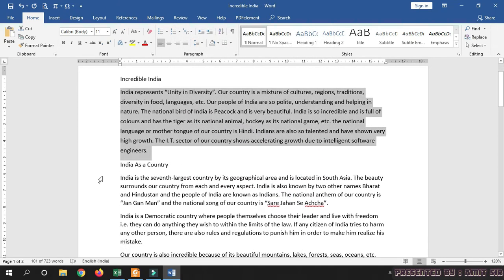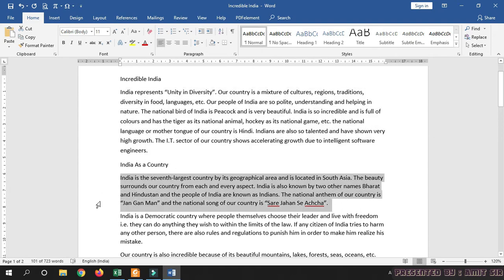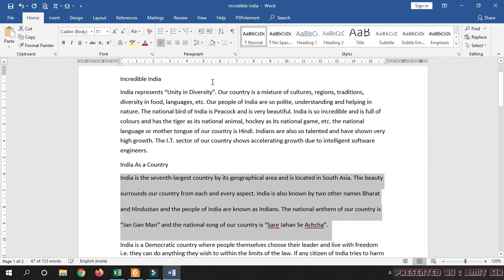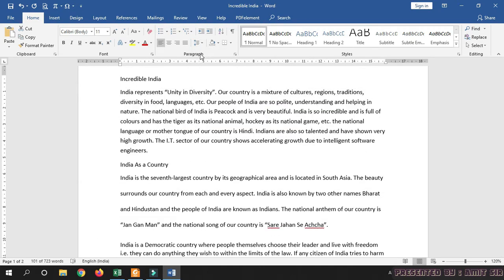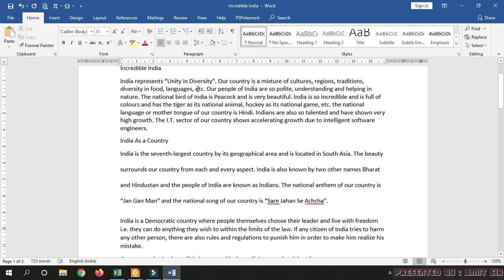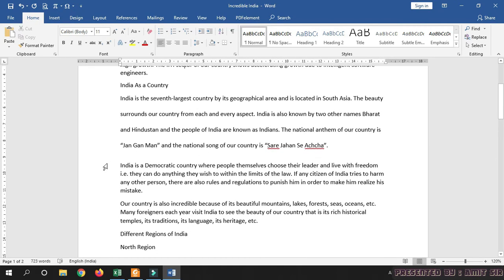Now let's change the line spacing of the second paragraph and look how they are looking different. The first paragraph is now of 1.24 line spacing. Now let's check. Here I am selecting 2. Okay, let's make this 1. This will look much more understandable. You can see the space in between these two paragraphs. The line spacing in this paragraph is 1 and the line spacing in this paragraph is 2. Let's make the next paragraph 3.